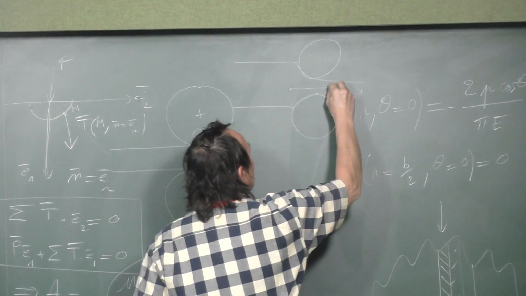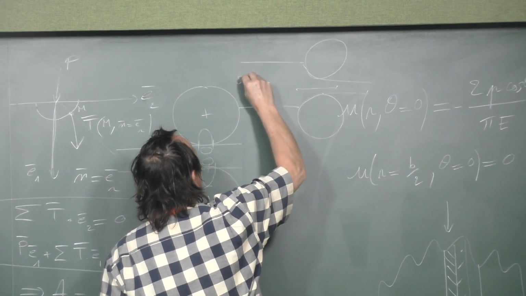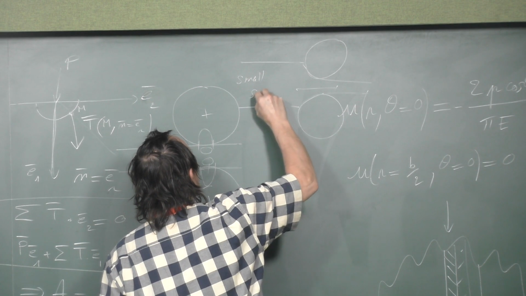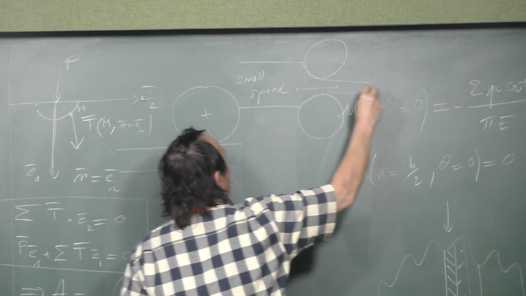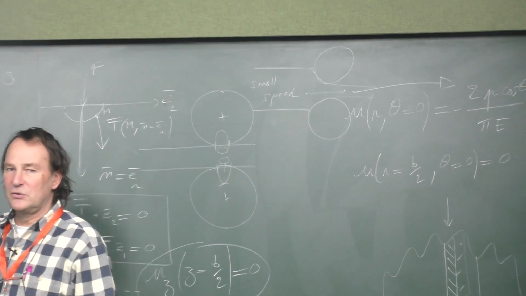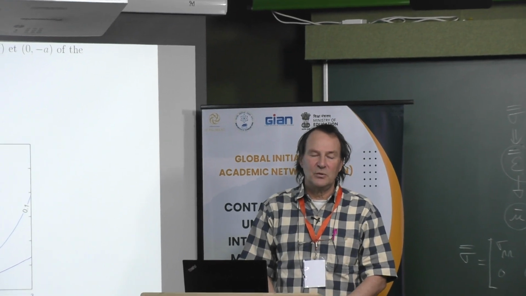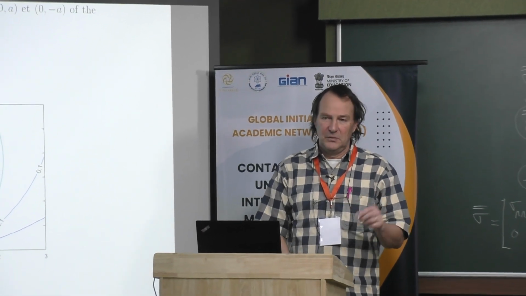Typically, you have a speed here, which is a small speed, and here the speed is very large. Okay, but I think this is not the problem, but the problem is mostly about, I don't know, if you have a...